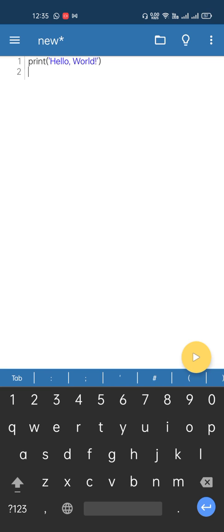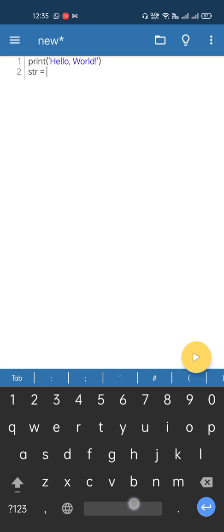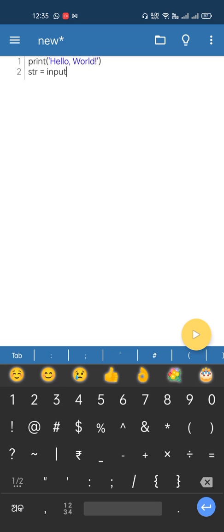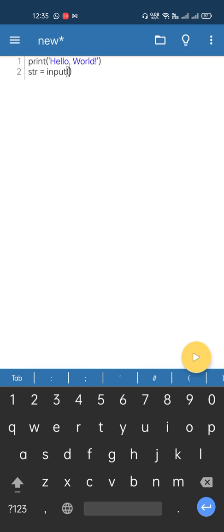Okay, so I'll write some variable. Let's say str, or string. I'll display the string. What is the string value? I'll write input. Input means it will accept the input from the user, from you. In brackets, if you write one bracket, the other will come automatically.